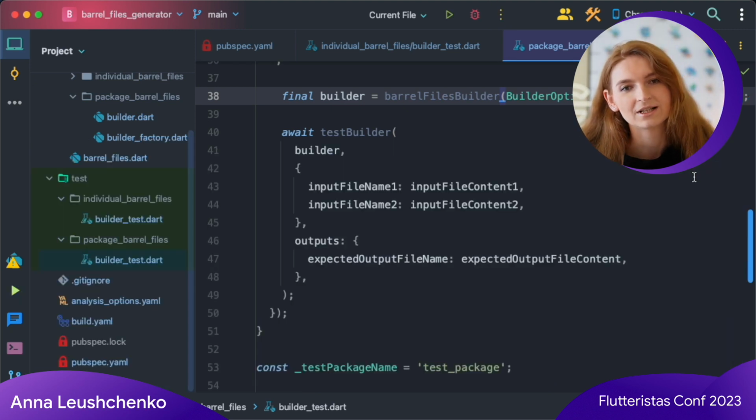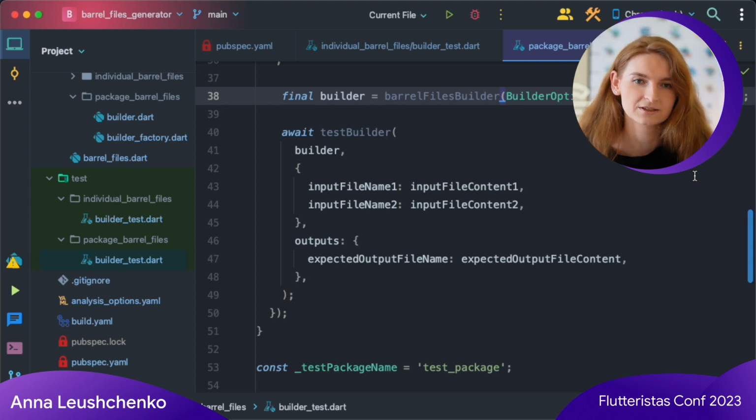So we just saw another example of testing builders with test builder function and how to work around the side effects of using the file system to read package assets. This wraps up the topic of creating a code-generating package for me. We saw various approaches and tools developers can use when solving this task, and even broke some rules for a better user experience. But what's more important, I hope I managed to demystify the task of creating a code-generating package by showing how you can explore existing solutions and get answers to most of the challenges you can face.